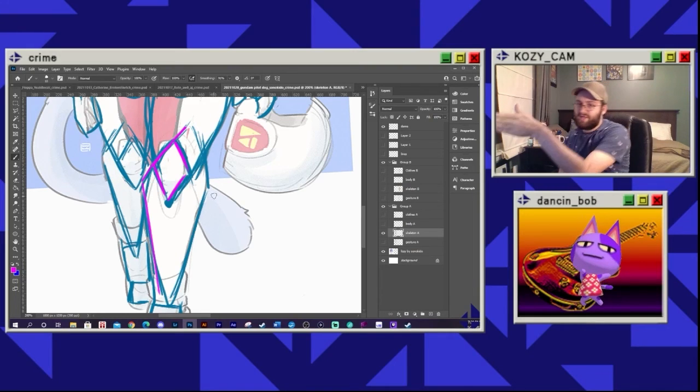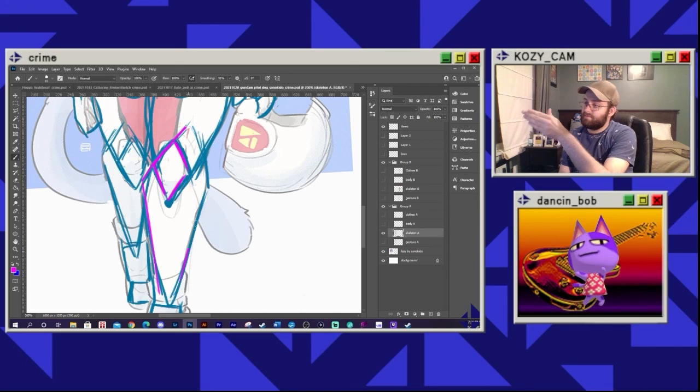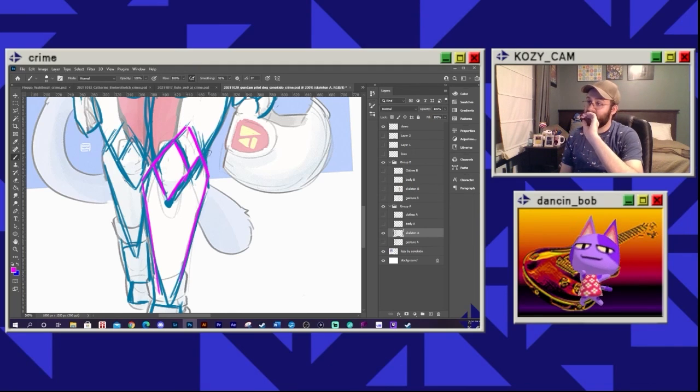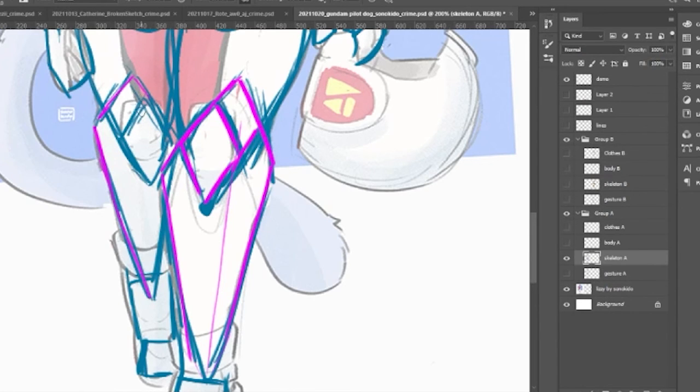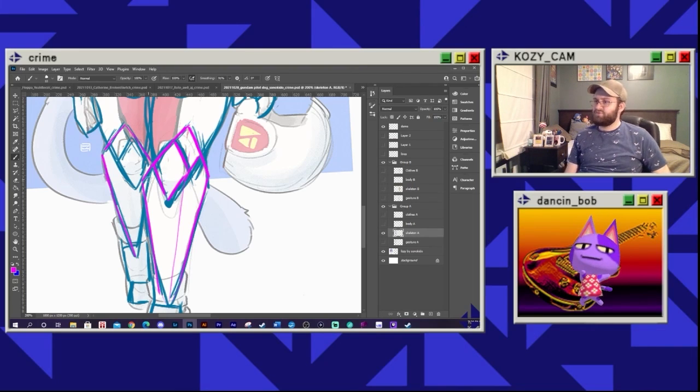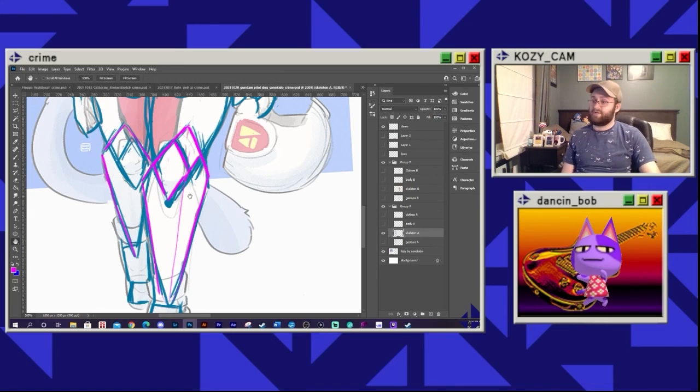And so when we're looking at it from directly this way, the way the back of the leg goes kind of comes up and makes a second diamond almost up here, and then these two edges meet right here. This probably only really works when you're going face on, right? Like this. That was just a little thing I noticed, and I'll probably implement it when I'm doing my own projects.